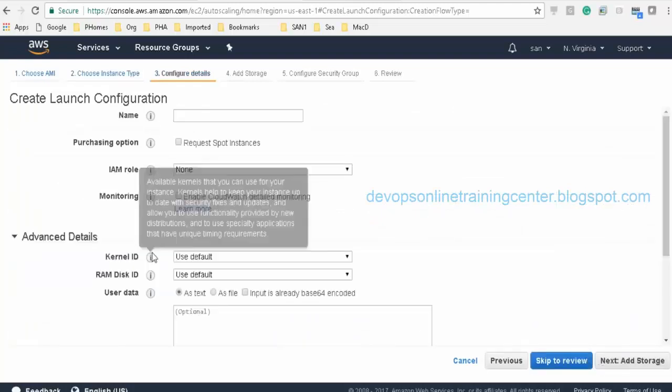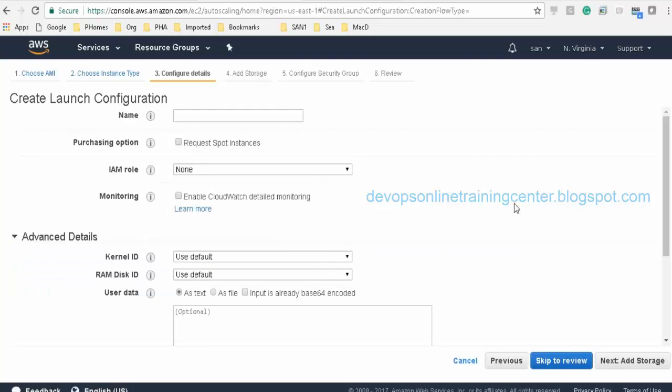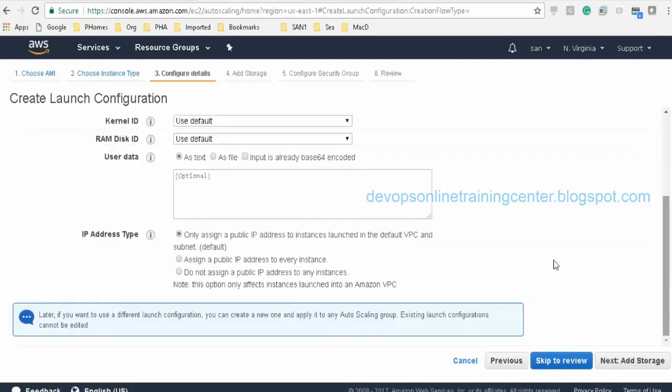Okay, here we define user data. That is what we give for when the machine is coming up, what are the things it needs to perform. Here we can write a complete shell script, and it will execute this particular shell script and do whatever we specify, like yum install HTTP. You can also mention copying a file from that drive to this www, so every time it's going to copy over that file when you're launching the instance. That file is basically your website.